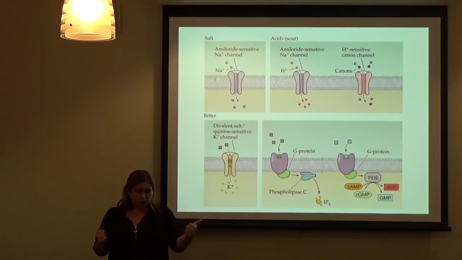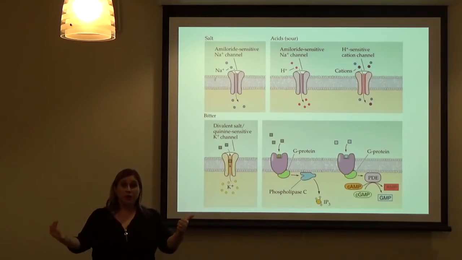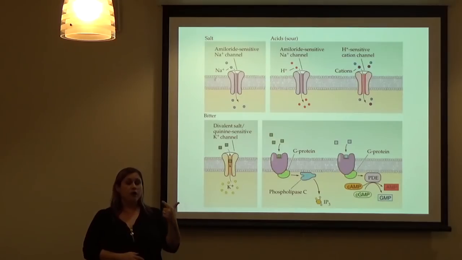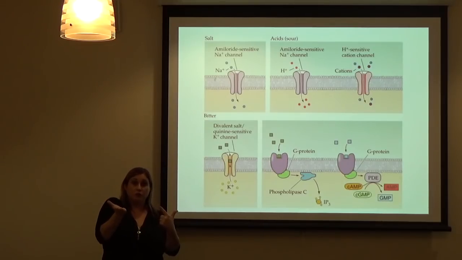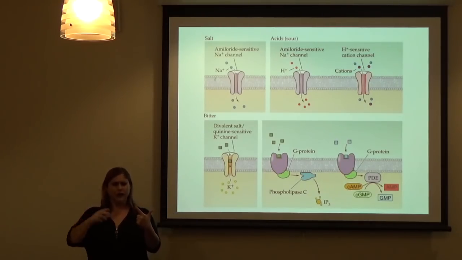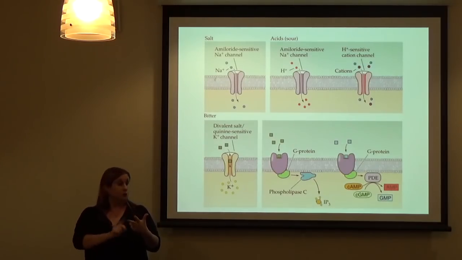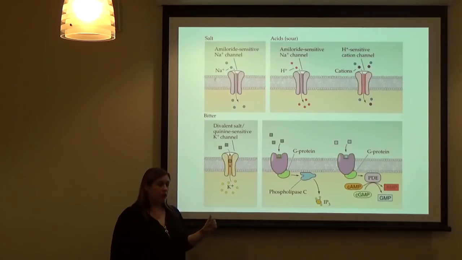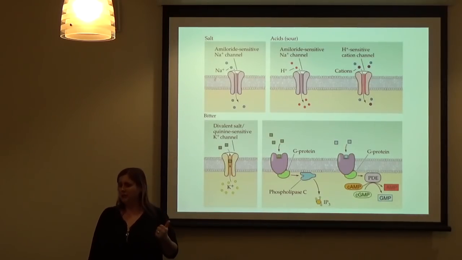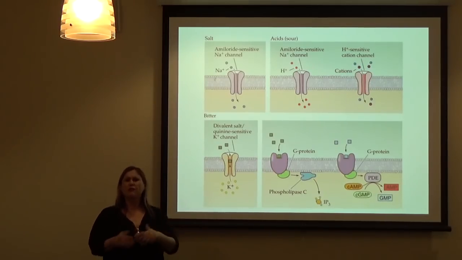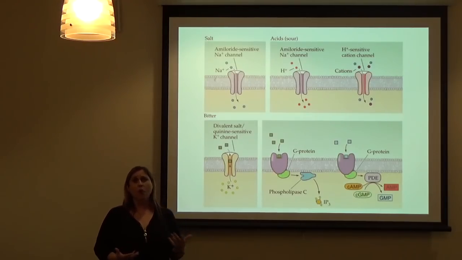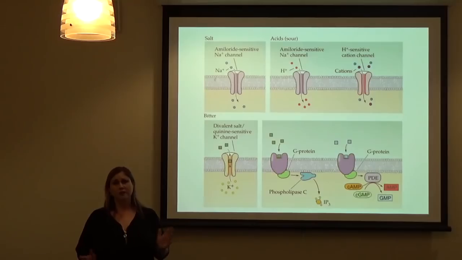So you've got your salty receptors where the ion comes directly in. You've got your sour receptors where there are hydrogen ions in the sour food that block a potassium channel and let potassium stay in the cell, so it gets pushed up towards action potential, or it gets excited. And then there's bitter, which, like I say, is a metabotropic process. And umami and sweet are also metabotropic receptors, and they involve a second messenger system, and they're more complicated, so I'm not going to have you memorize those steps or anything, okay?